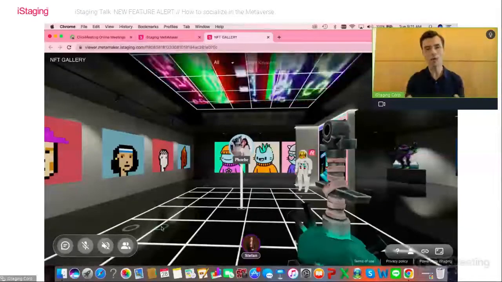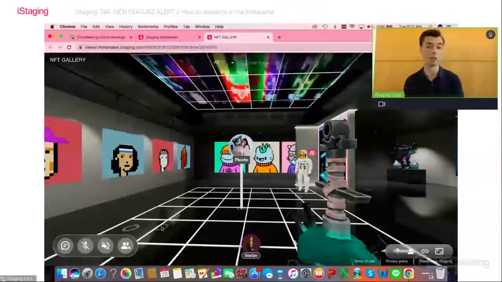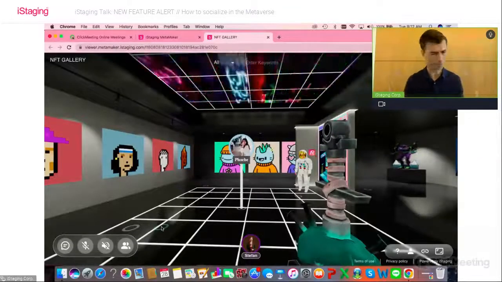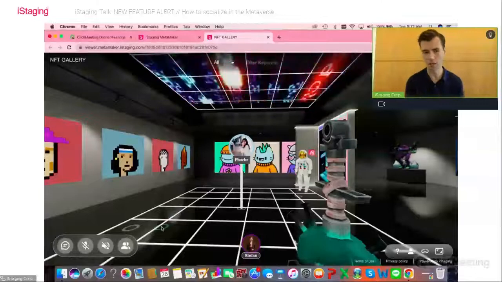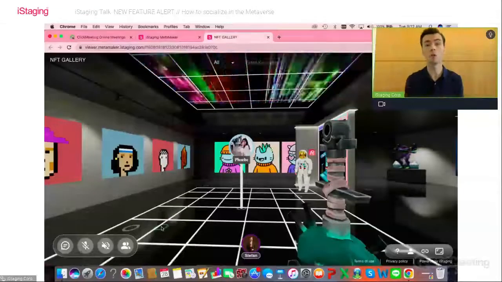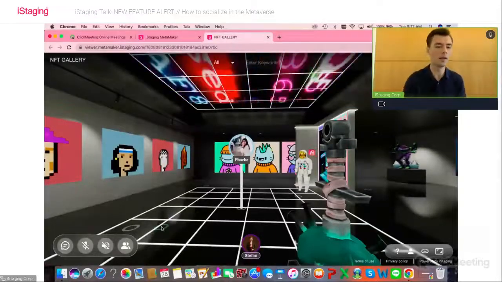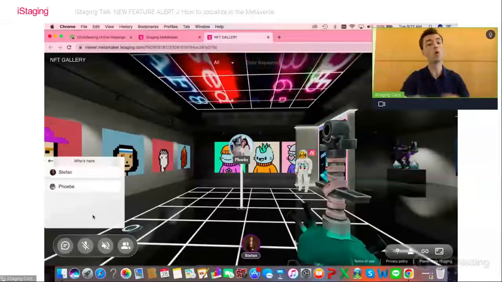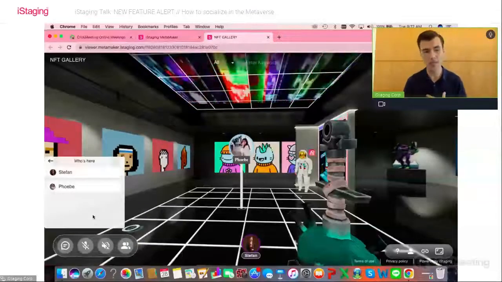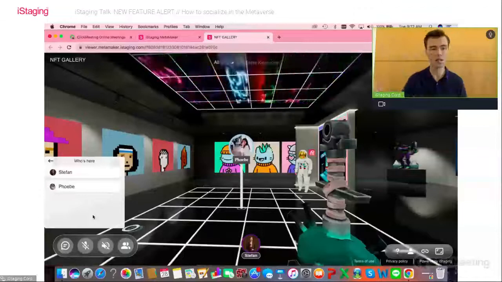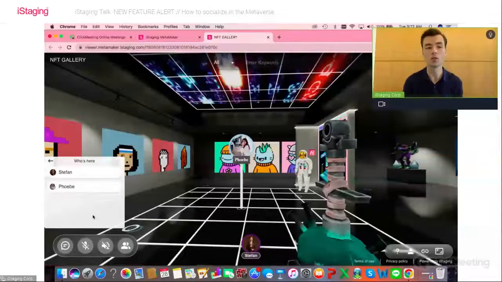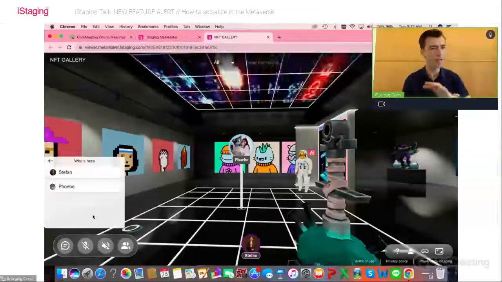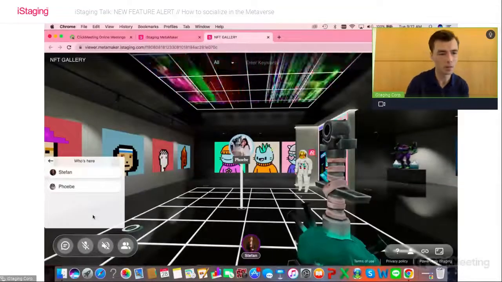Now, anyone in the space will be able to hear this. So it's basically sort of a group audio. It's not a private chat in this case, but you'll be able to communicate in that way. And here with this little button, you'll be able to see who is actually in the gallery at this very moment. Now there are only 2 people, it's me and Phoebe, but there could be a list of 10 or 20 or 100 people there that you can see who's actually there.